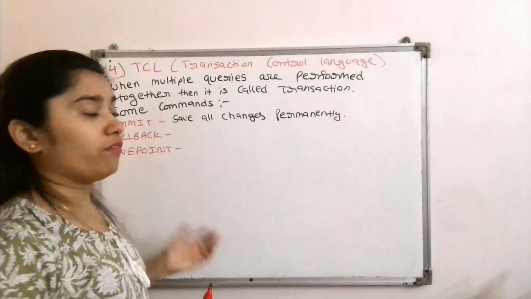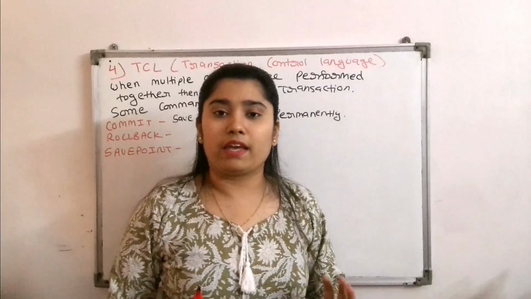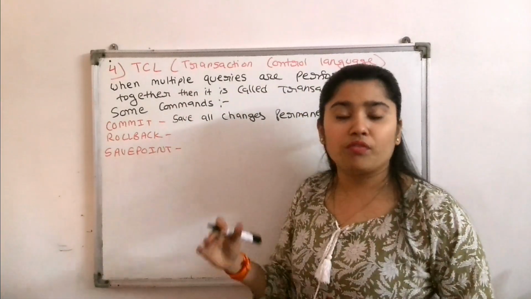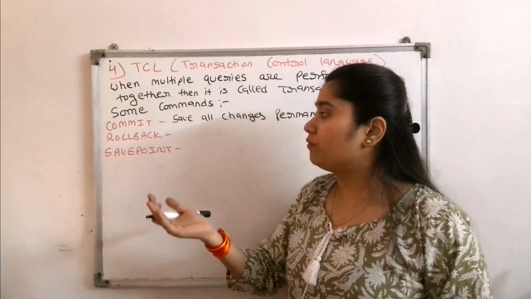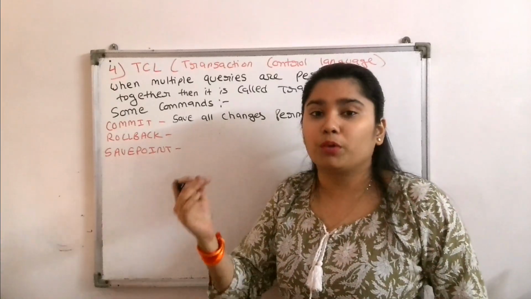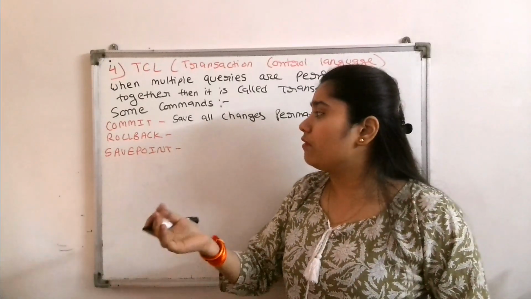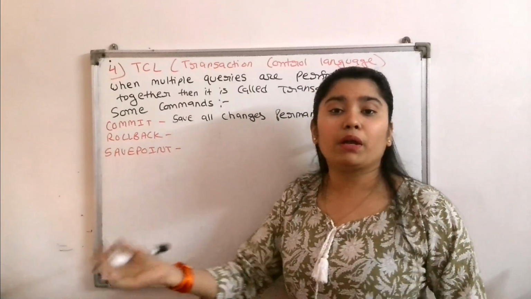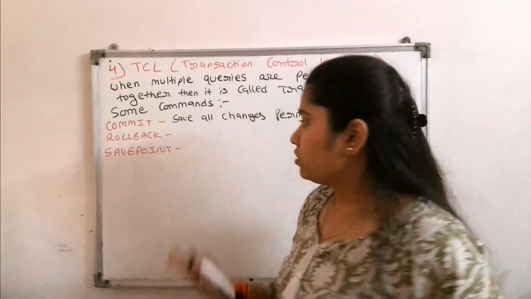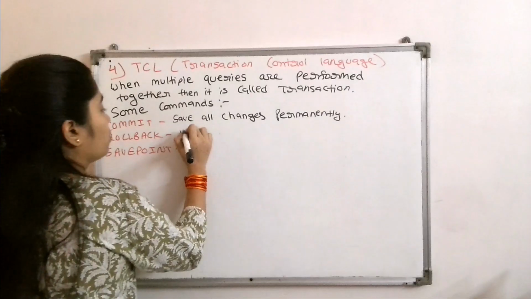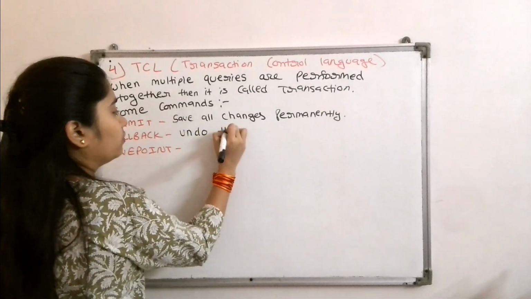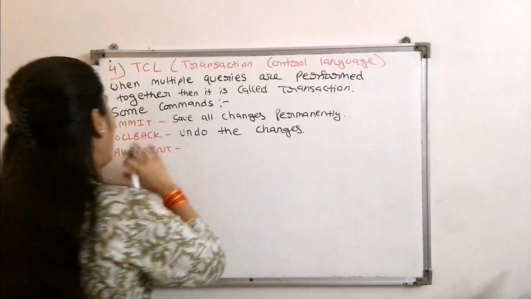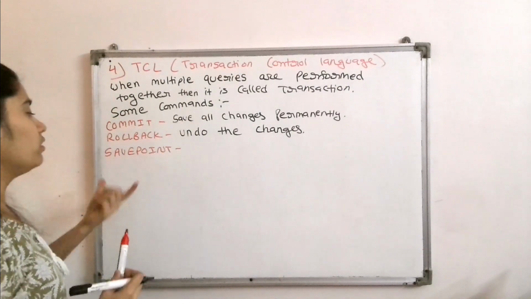The rollback command is used when we want to undo any changes. Suppose we have added or updated something, but we have put a wrong command or stored wrong information, then we can use rollback to undo our changes. Okay, so this is used to undo the changes. I hope you are clear with the rollback command also. Then